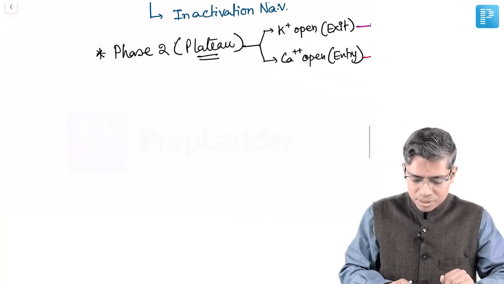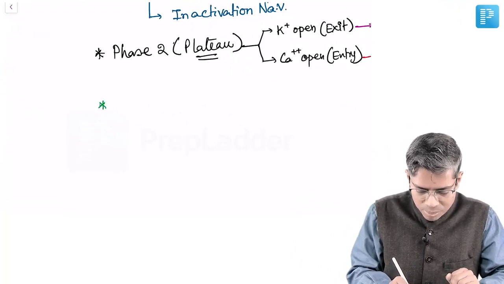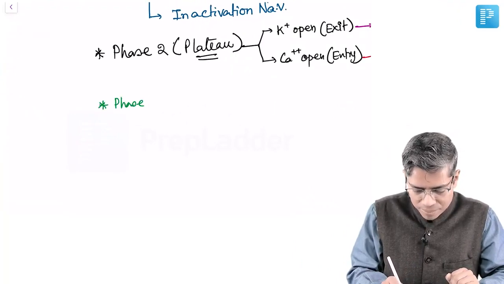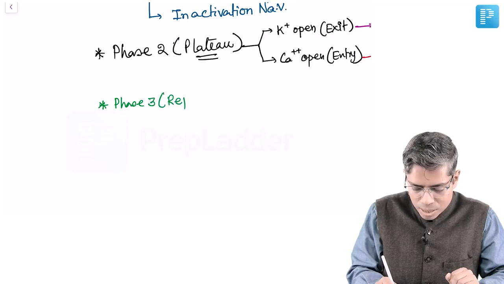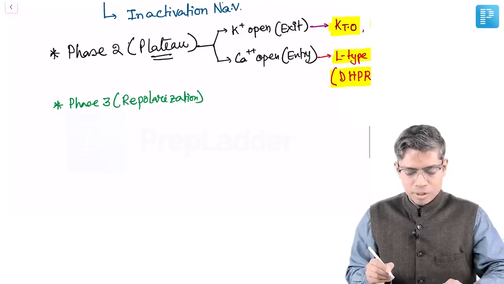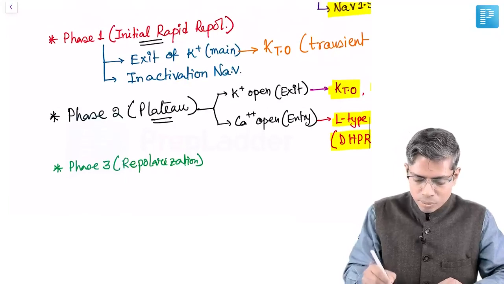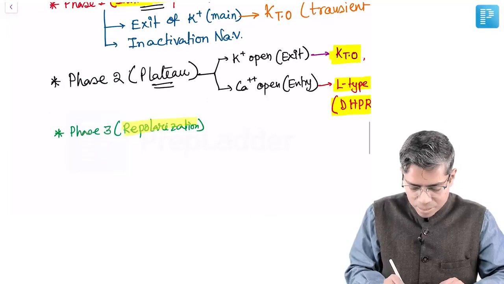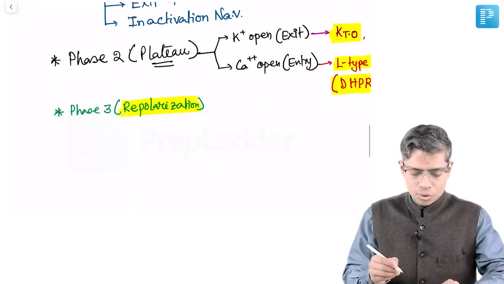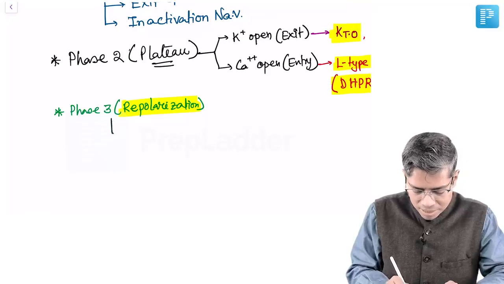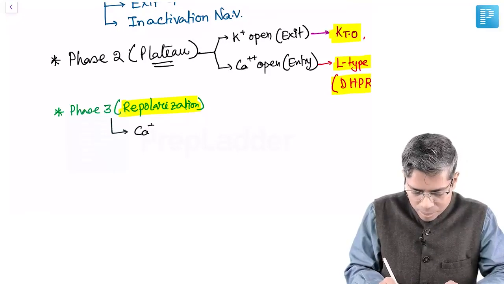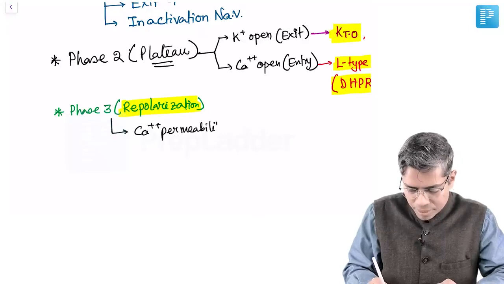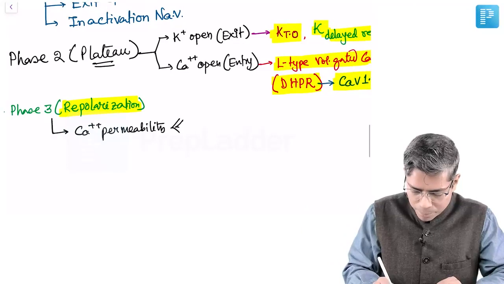So if I write down phase number 3, this is the complete repolarization phase. This is the complete repolarization, but we only say repolarization because phase number 1 is already named as initial rapid repolarization, and here phase number 3 is only repolarization. So repolarization means I can easily write down that the calcium permeability is lesser than the potassium permeability,